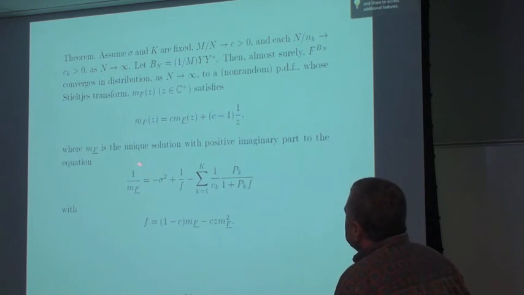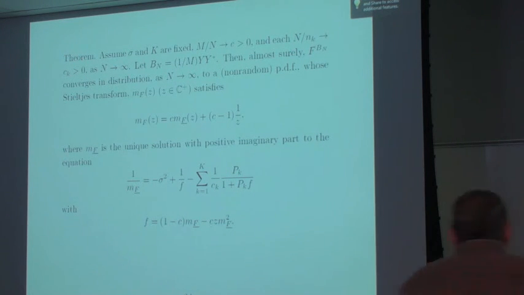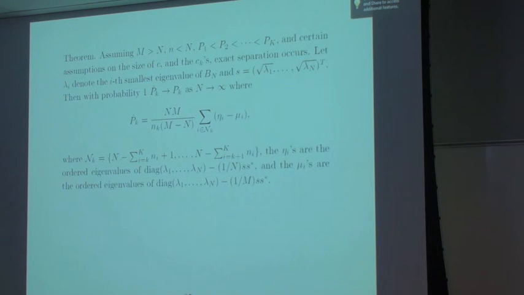So MF, this guy here, is equal to this, but F is equal to this. So MF solves an equation involving MF itself. F is actually there to try and simplify the expression, and we get it from the results of the original paper that I presented. As far as estimating the powers, it turns out here we need them to be separate.